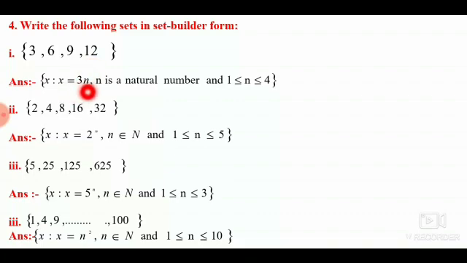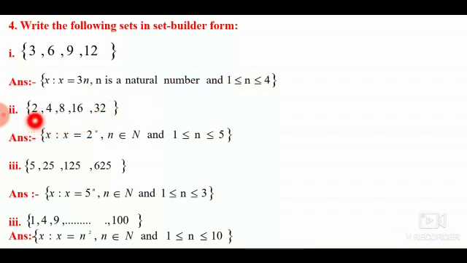Therefore, here my dear students, you have to put one condition. N is a set of natural numbers and it satisfies another condition, n greater than or equal to 1 and less than or equal to 4, because these elements of n satisfy the given set. Therefore, the given set is in roster form. We wrote it in what? Set builder form.